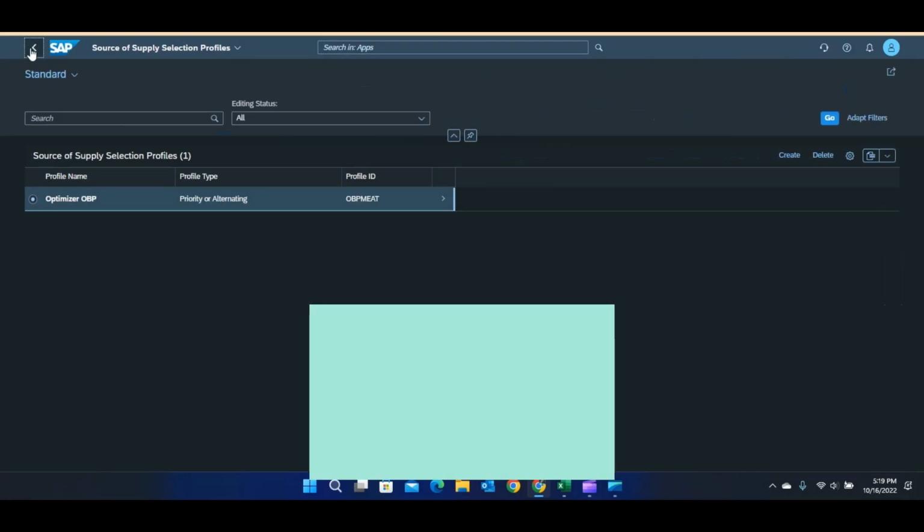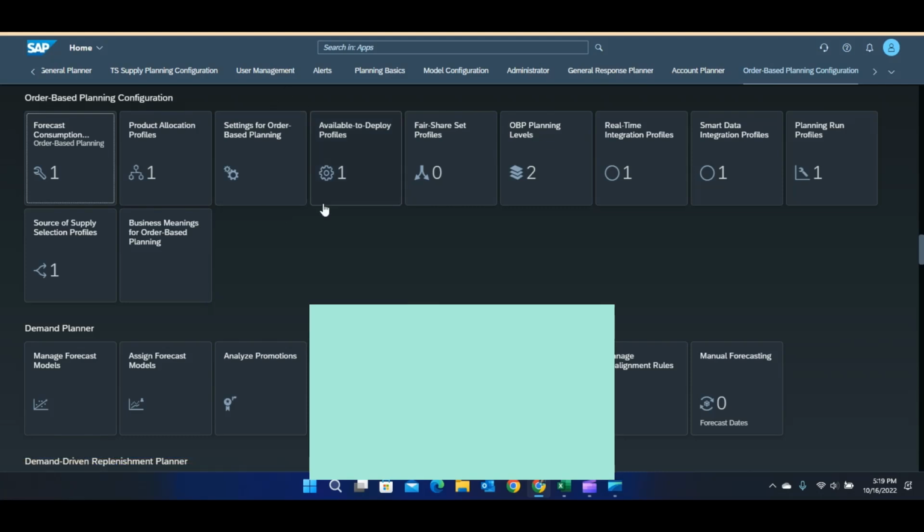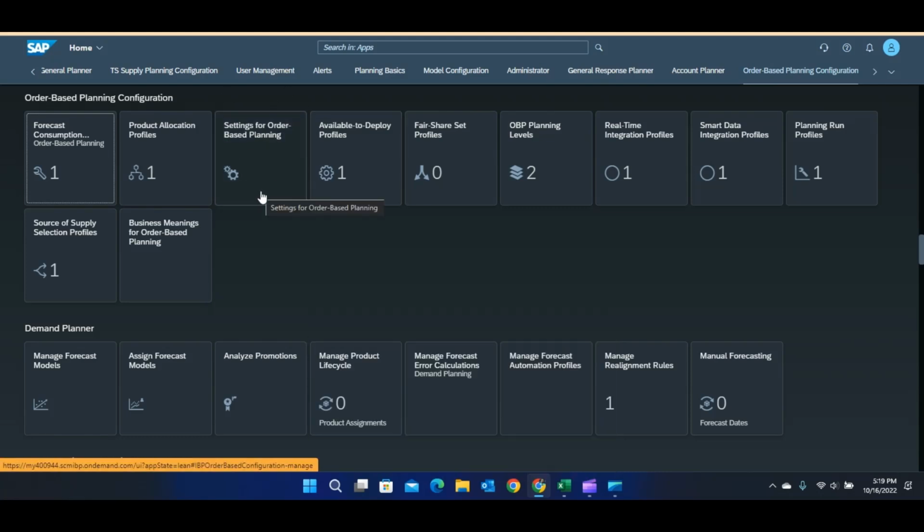At this point, we have completed the basic setups. We have created the forecast consumption profile, the allocation profile, and the source of supply profiles. Now, once it is done,